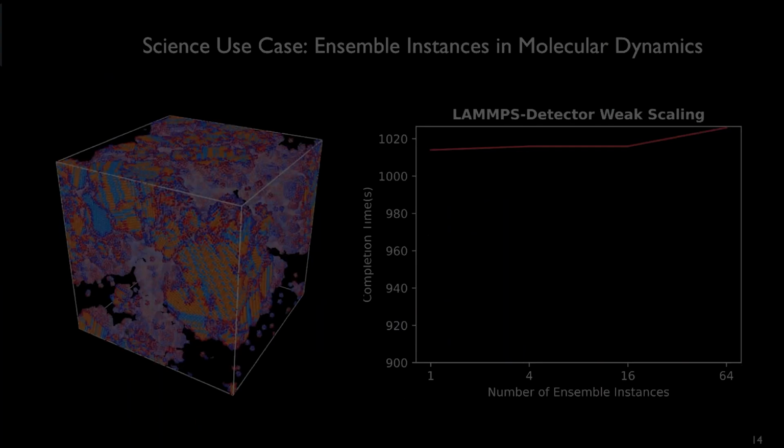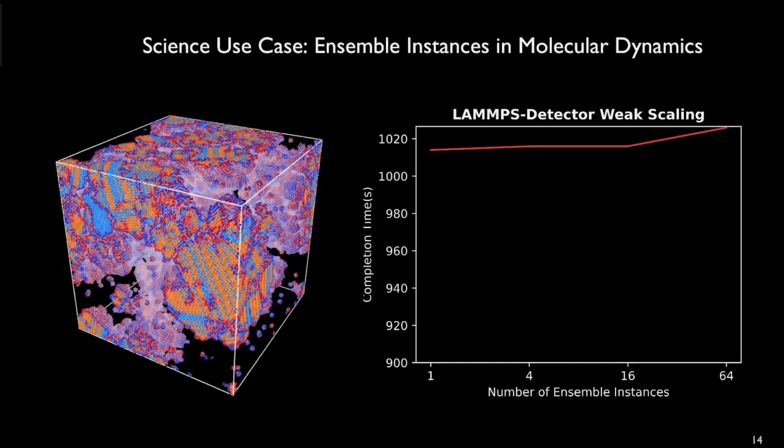And again, here we have a performance study from a molecular dynamics simulation, which was a nucleation event where we freeze the water. That is a stochastic, high-variance event that requires launching multiple ensemble instances of the molecular dynamics simulation. In this experiment, we ran up to 64 LAMMPS molecular dynamics simulations coupled to the analysis task, which was a feature detector that analyzes the crystal structures of